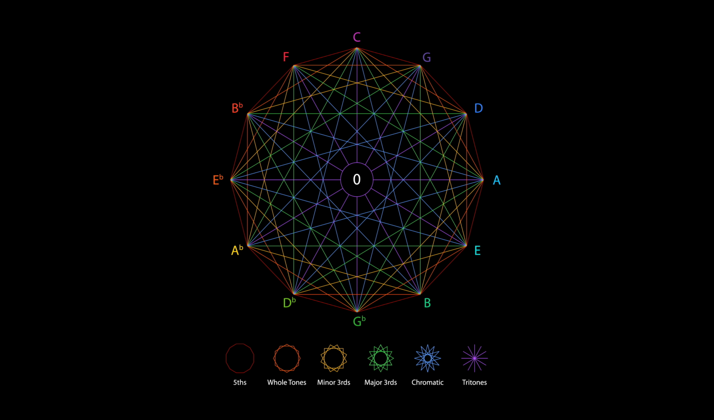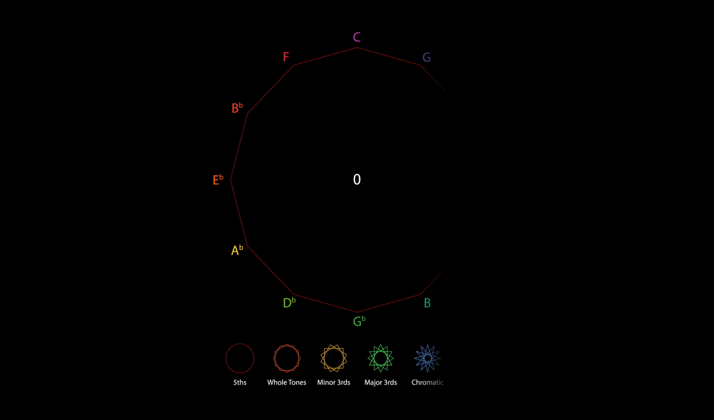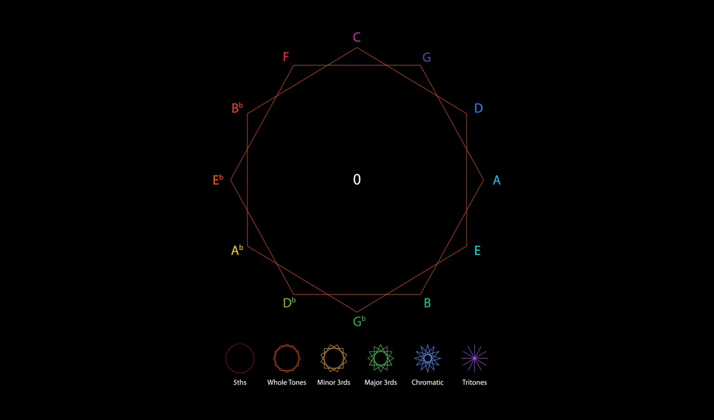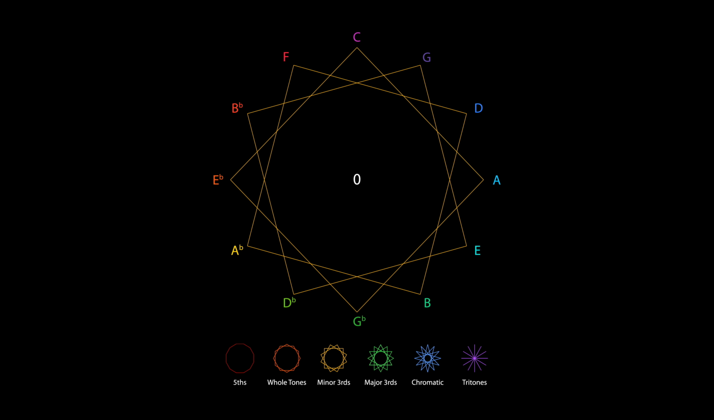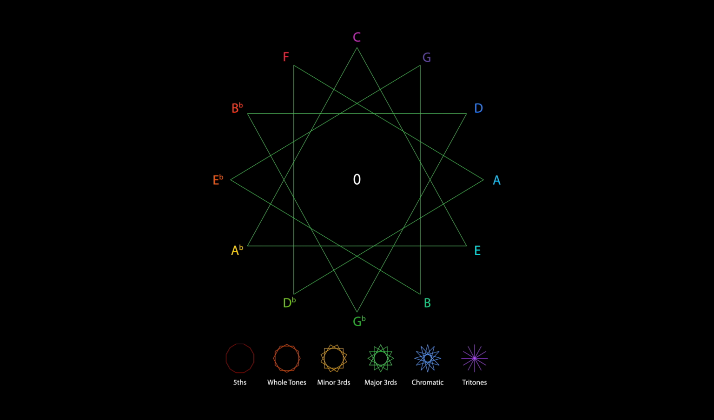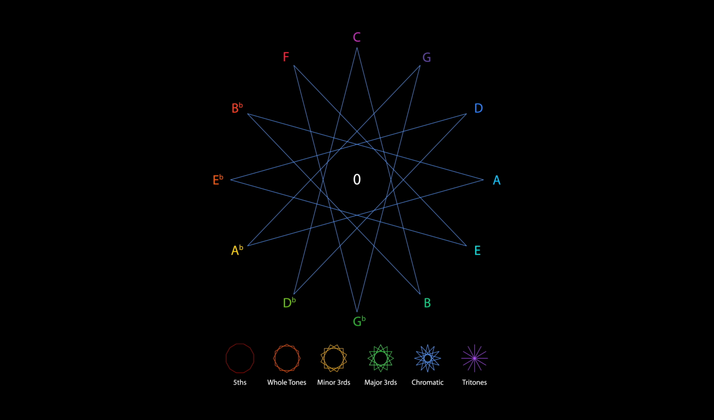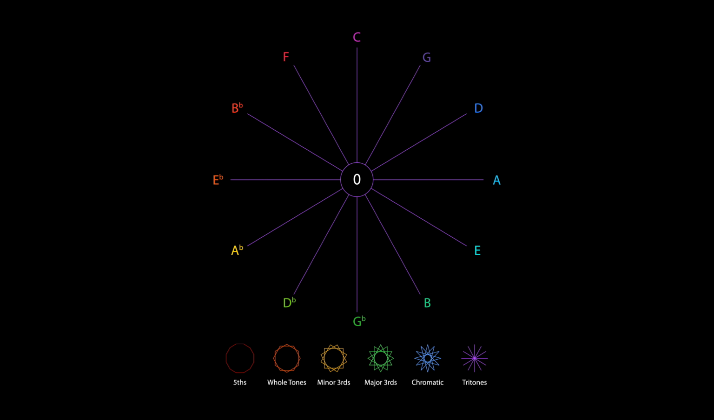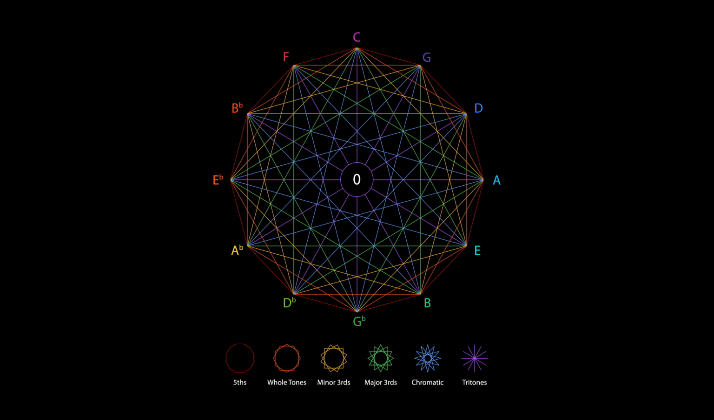Now there are a lot more musical relationships than on this image, but this will give you an idea of its beauty, its geometry, and the overall complexity. So here's the relationship of fifths, whole tones, minor thirds, major thirds, chromatic relationship, and the tritones. And when we put it all together, we get the circle of fifths, which is perfectly matching